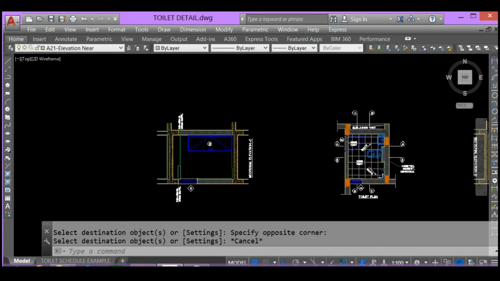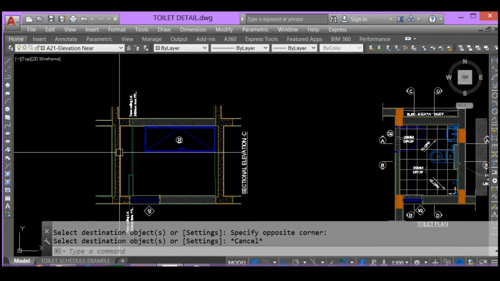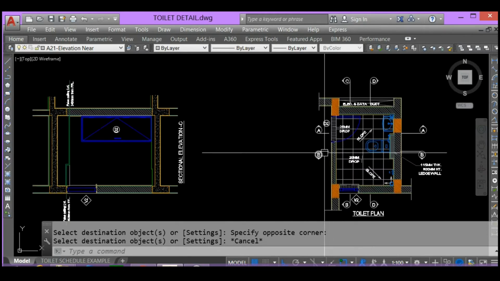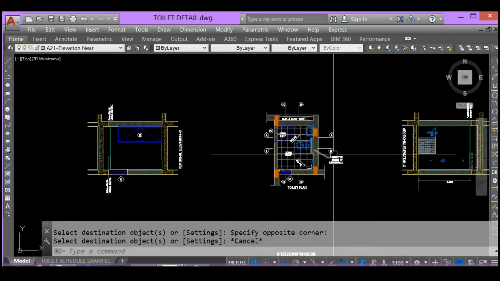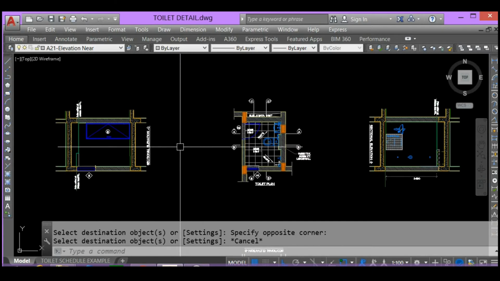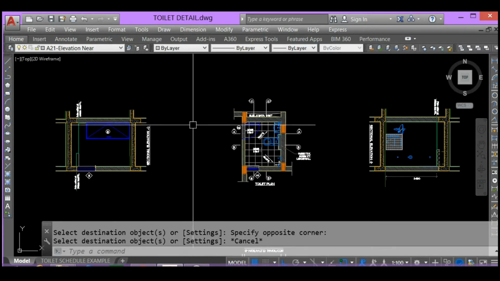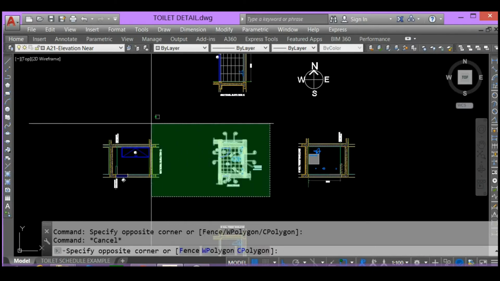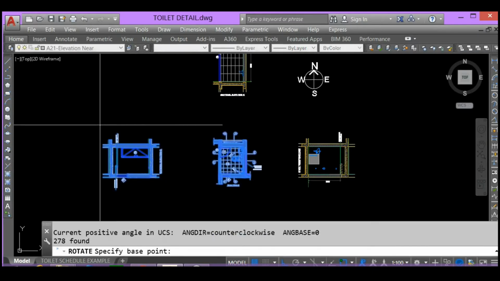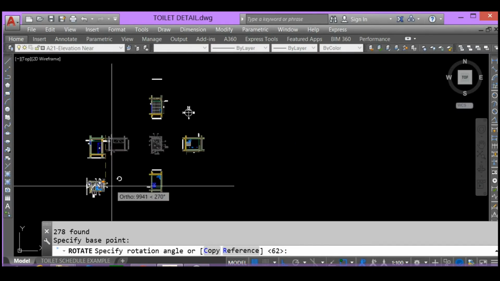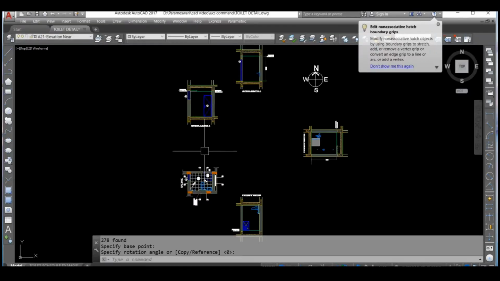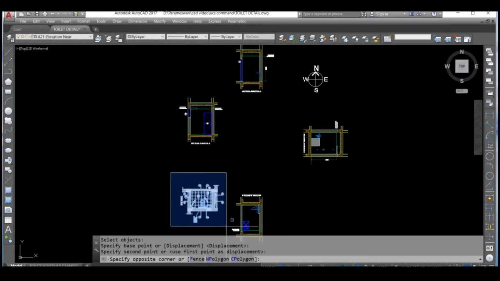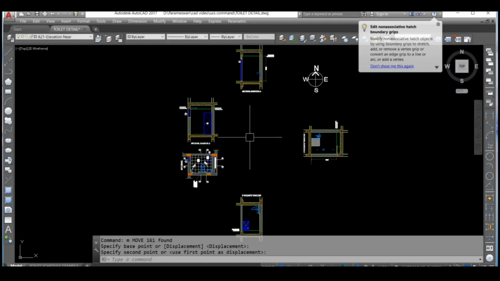Now I finished. But my C section is on the west side. This side I made a wall section, tiles and all. It is very difficult for me because it is on the west side. So I rotate my plane using the UCS command. Otherwise, you would have to rotate the plan or sections to make corrections. If you rotate your plan or section, it will disturb your layout space.